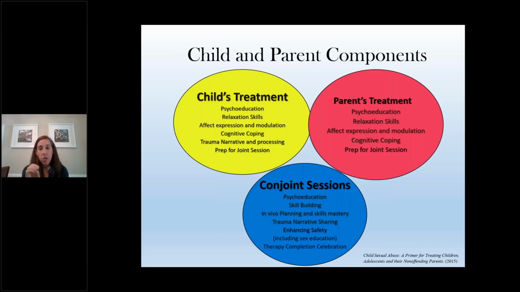For the parent's treatment, it's just the prepping of the joint session. They will be prepping for the joint session by reading the trauma narrative, but they aren't creating a trauma narrative of their own. They are doing every other step along with their child. And then the conjoint sessions are the trauma narrative sharing, in vivo planning, skill building. So there are a lot of conjoint sessions that occur